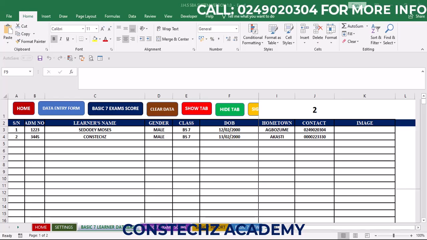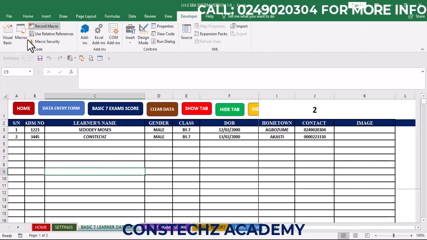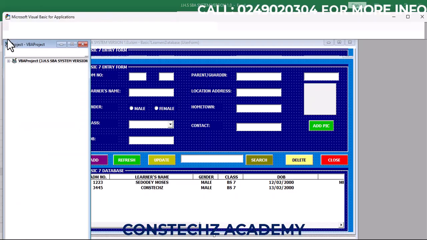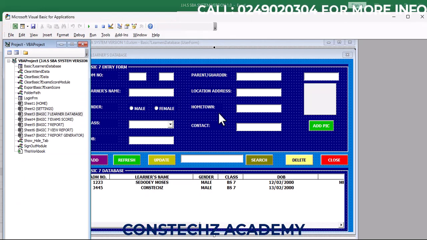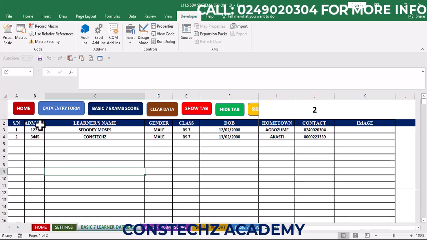This is where we stopped in our previous lesson. We were working on the form. So this is what we were working on. Now we want to do some changes over here in